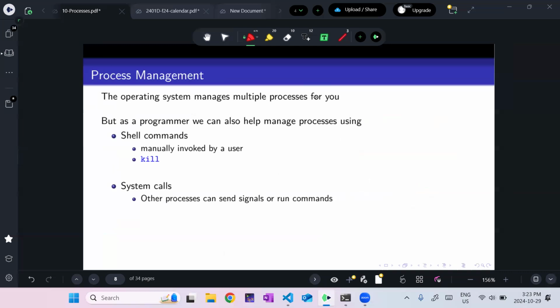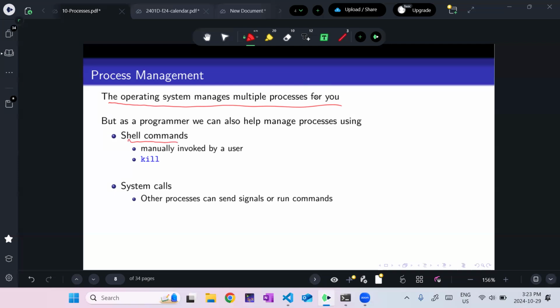All right. So those are some of the dangers. We won't really run into the deadlock so much, but definitely the race conditions. And so we're going to manage those with semaphores. But first, we're going to look at multiple processes and managing them. So when I run these processes, the operating system is doing a lot of work. It's saying which memory you get and which memory you get and making sure they don't interact. But we can, as programmers, manipulate processes too using shell commands.